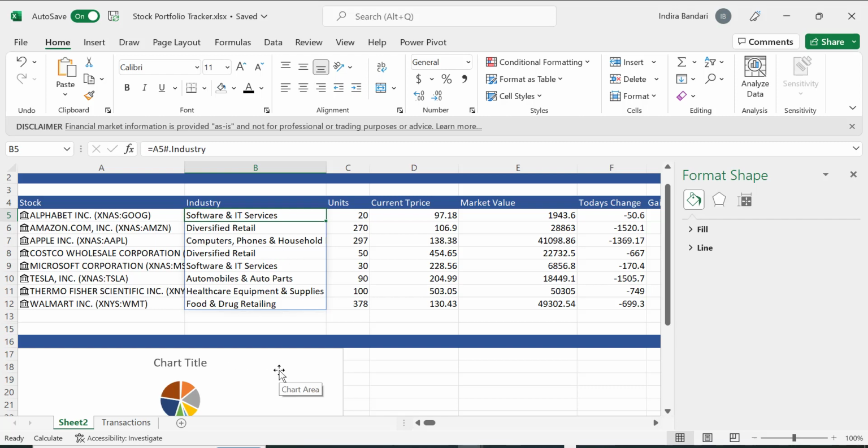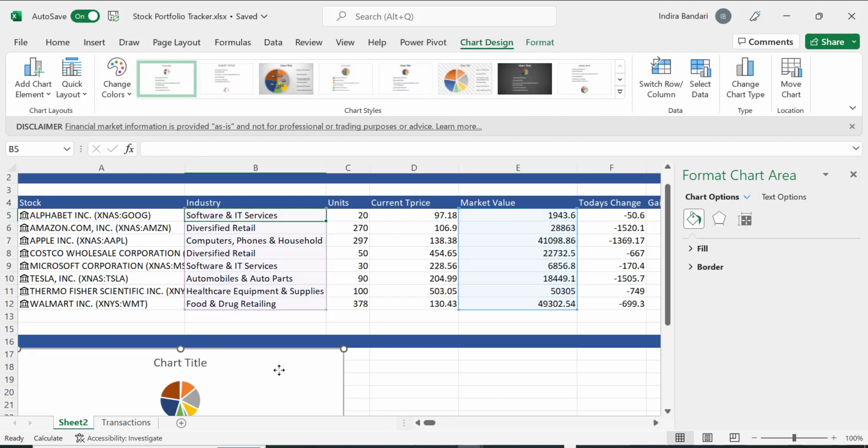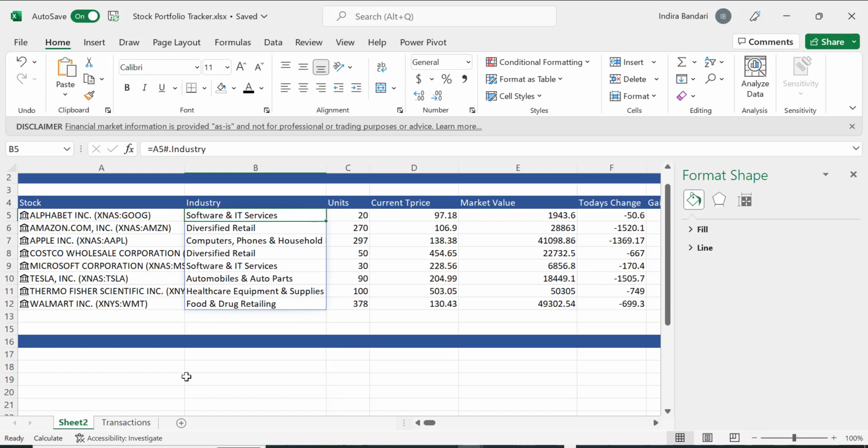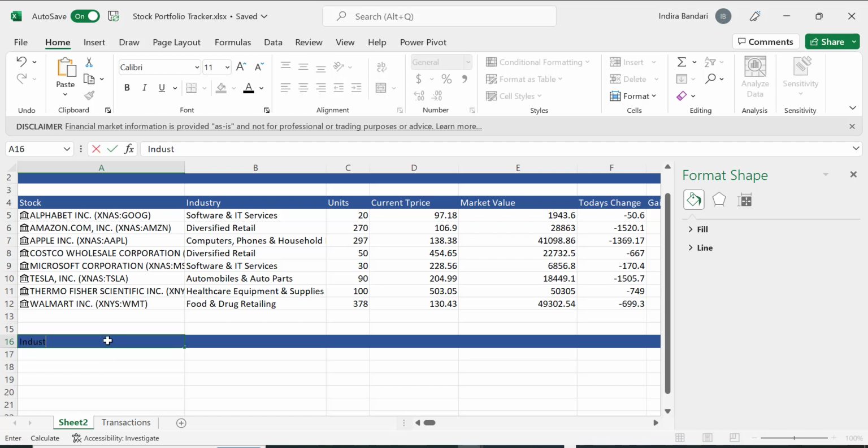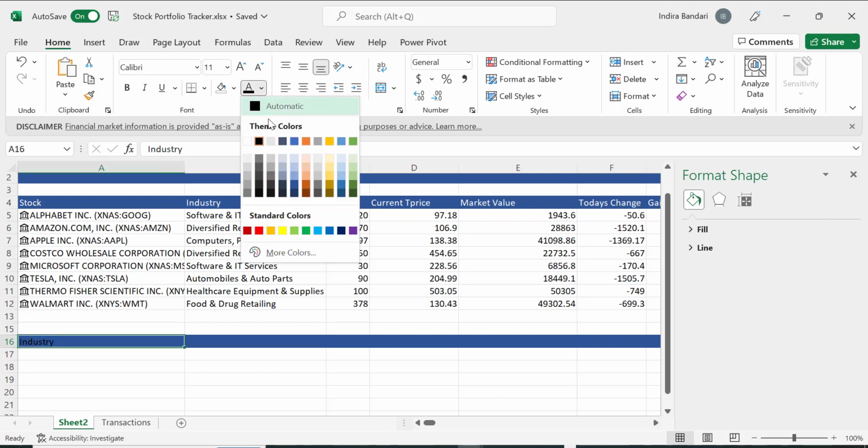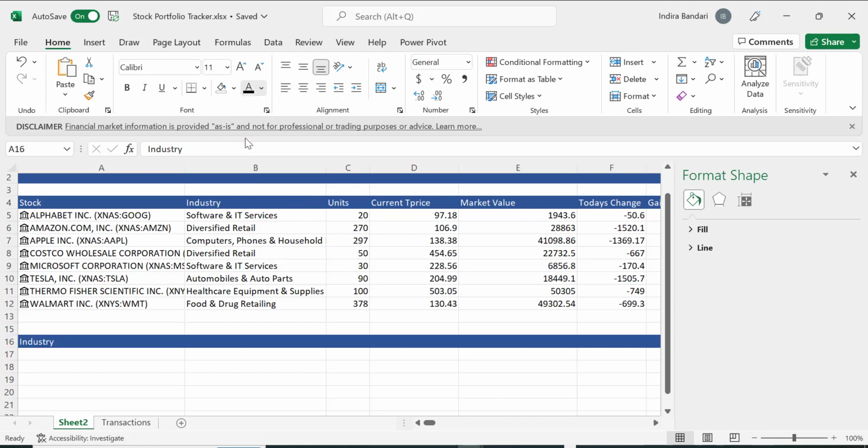So let's delete the pie chart. For the portfolio breakdown, I'll say this is the industry, and this one, let's say the color is white, and here I'll put the market value,